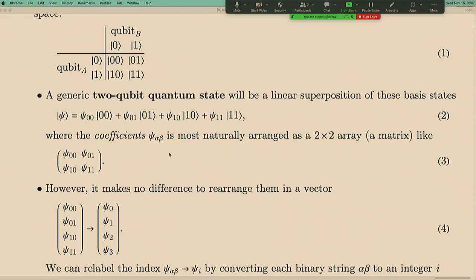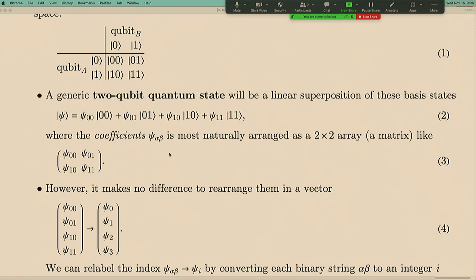a superposition of all these four basis states, which can be written as a generic state, as a linear superposition with superposition coefficients c_00, c_01, c_10, and c_11. So these four are complex numbers. And these four numbers, because they are labeled by two indices, alpha and beta, where alpha and beta both go from 0 to 1, you can also arrange these four superposition coefficients as a 2x2 array, or you can